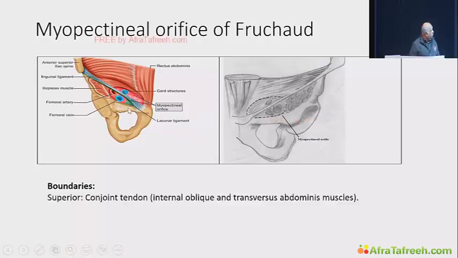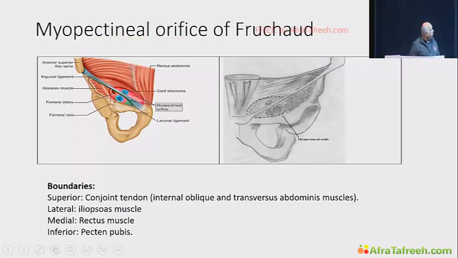So the boundaries are superiorly the conjoint tendon. Laterally the psoas, medially the rectus muscle, and inferiorly the superior pubic ramus having the pectineal ligament. You can call it the pecten pubis. So this area is called